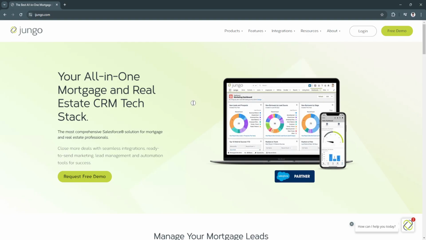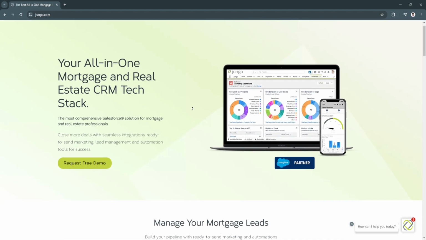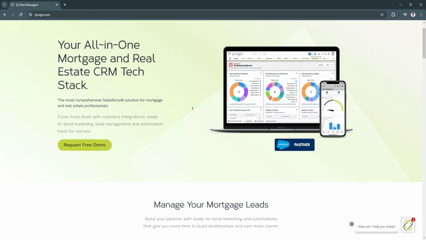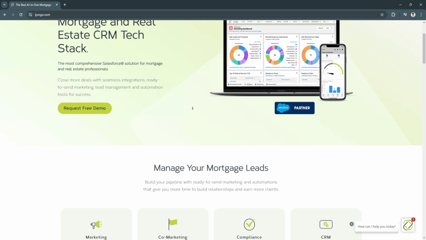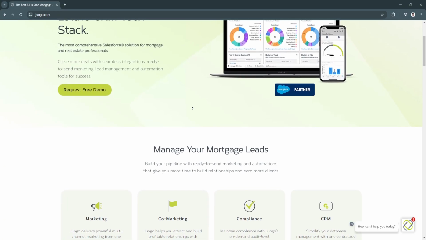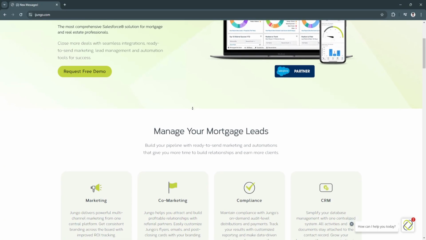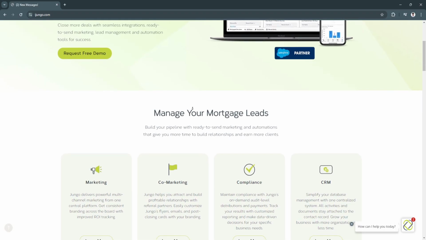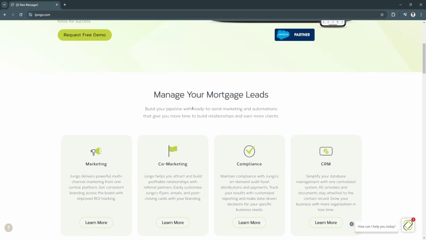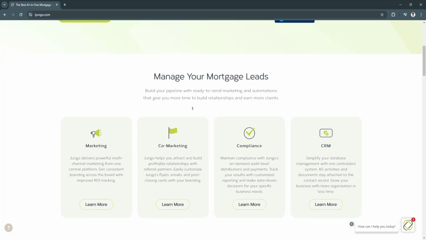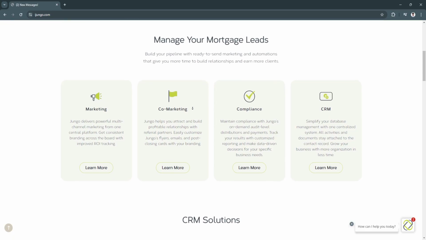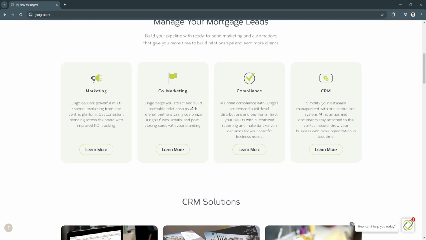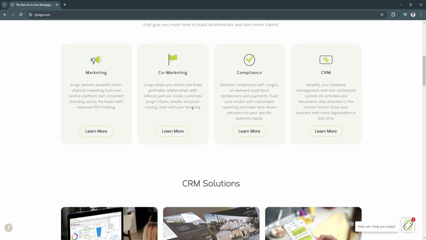So first, Jungo Mortgage CRM is a specialized customer relationship management platform designed specifically for mortgage professionals. Built on Salesforce, it provides a powerful solution for managing every aspect of the mortgage process, from lead generation to loan closing. Jungo helps mortgage brokers, loan officers, and lenders streamline their workflows, automate tasks, manage client relationships, and ultimately